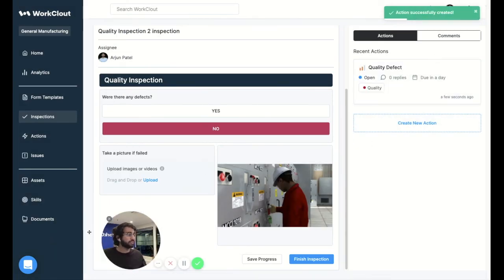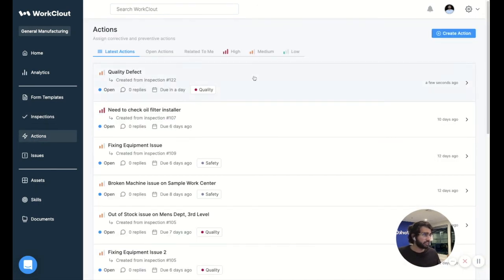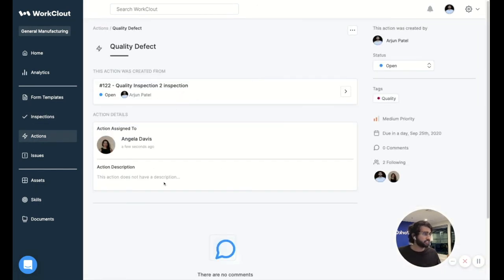So that's one way of creating an action. And when we actually go into the actions tab, you could see that I just created this quality defect action, and Angela needs to resolve it. So she could comment on it. It already notified her, and it tells you the status date, etc. So I just went over building an inspection, executing an inspection, issuing a corrective action, and now we'll actually go